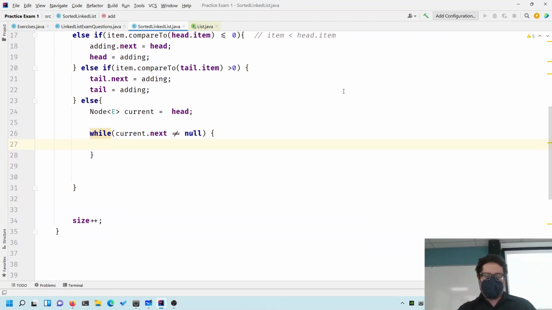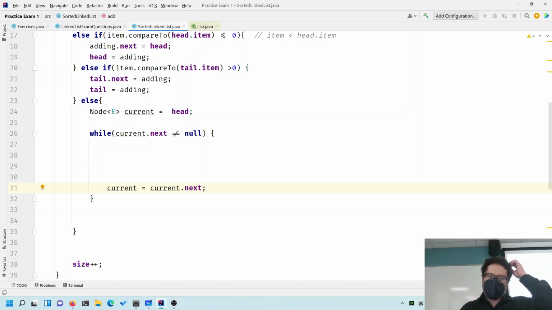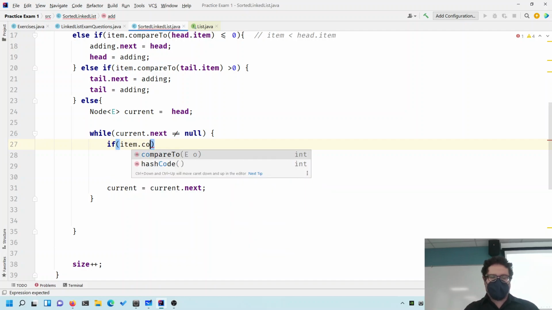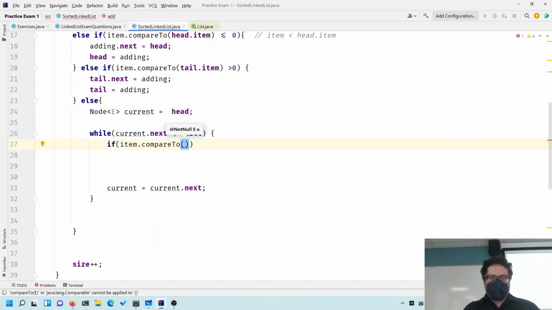So what I'm going to do now is remember to advance current. Current is equal to current.next. I might have to do a break statement somewhere. I don't remember, but we'll see. There are different ways to do this. A break statement does seem to be straightforward to get out of here. So while current.next is not equal to null, what I'm going to do is compare item. If item.compareTo current.next.item